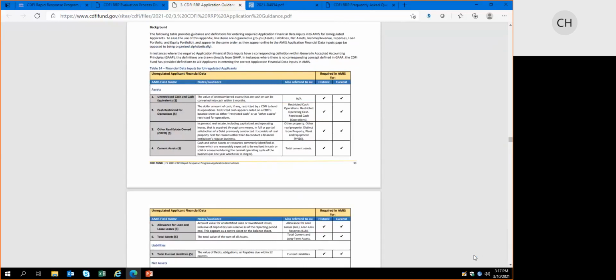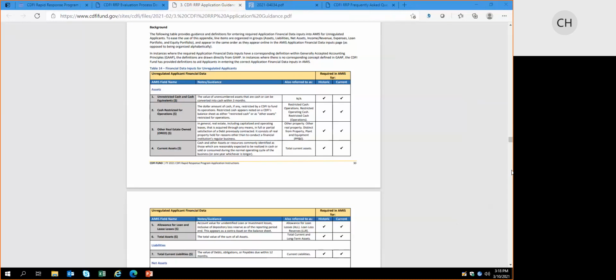Again, if you've not been audited and you're providing internally or externally reviewed financial statements, we'll back up all these numbers with the data that you're providing. And what we're looking for is the tie between the information that you put in the application financial data inputs and what it says on your financial statements. And for regulated institutions, this ties directly back to your call reports. And so, again, for most CDFIs, the way that earned revenue is classified, it does include interest,